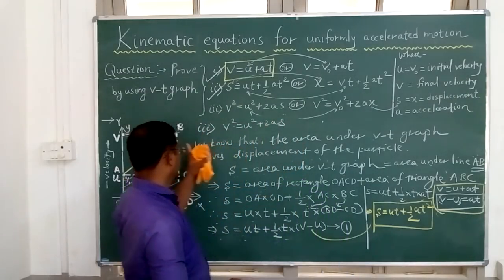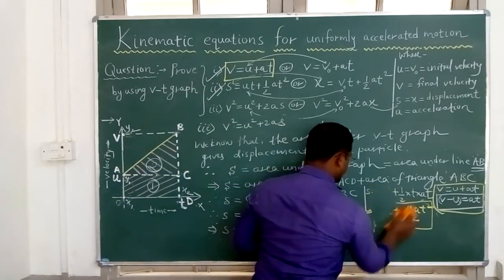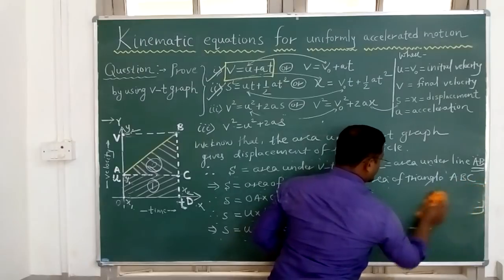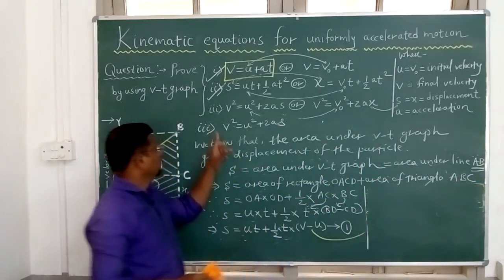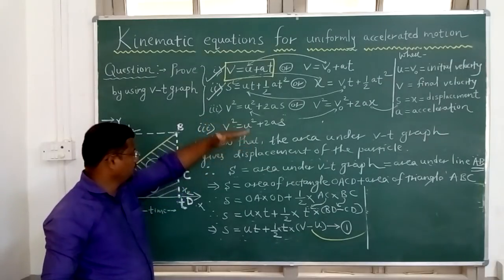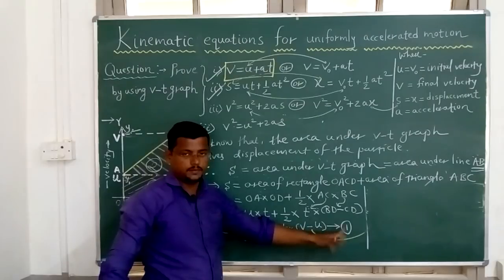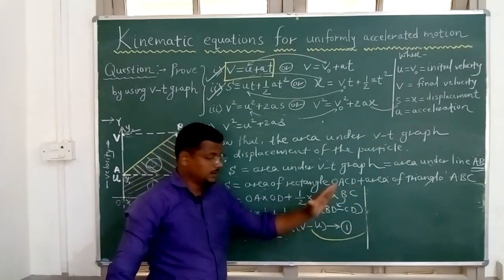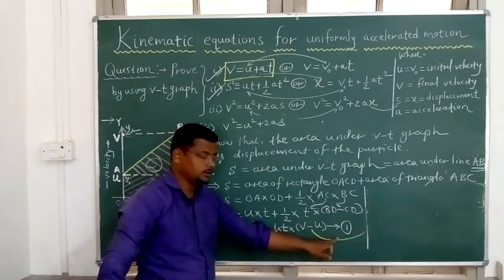Right? Now I am proving for the third. Everything is same, no change. Only here I am going to change. So what you do? You write for the third question. For the third, again you write all this, everything up to this equation number 1, as it is, no change here. So same you write here up to this equation number 1.